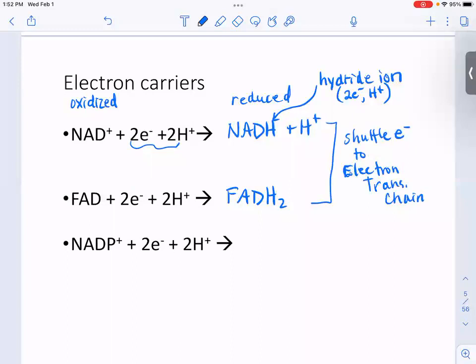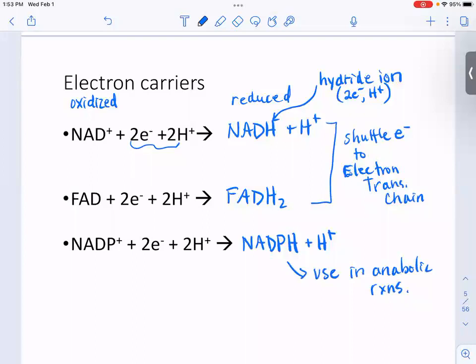NADP is a carrier that also accepts hydride ions. There's a phosphate on there as well. So its reduced state is NADPH plus H plus. Now those electrons, though, don't go to the electron transport chain. They are used in anabolic reactions. Those electrons don't get converted into ATP, but they are helpful and necessary for the cell to make